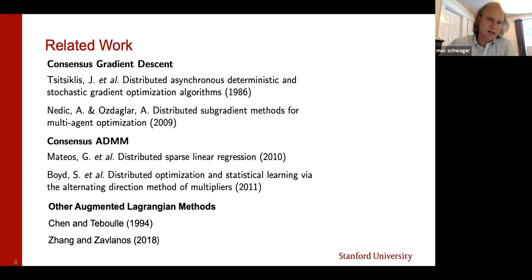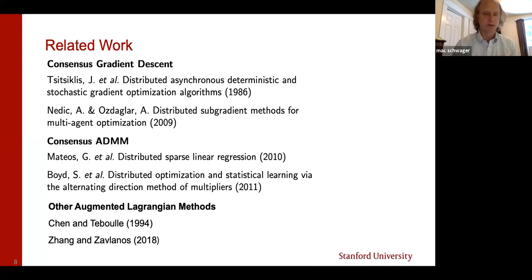Exactly the kind of algorithm I'll be talking about lives in the world of ADMM, alternating direction method of multipliers, and it's specifically built on what's called consensus ADMM, which is a subclass of ADMM algorithms. But it lives within a larger world of distributed optimization, which can be broken more or less into three categories. The biggest, by far dominant category is consensus gradient descent methods. These are methods that take gradient descent as a backbone optimization method, and then use consensus in order to make them distributed. Basically every agent computes a gradient of a local objective function and then uses a kind of consensus looking term to modify that gradient. It's a huge amount of literature here.